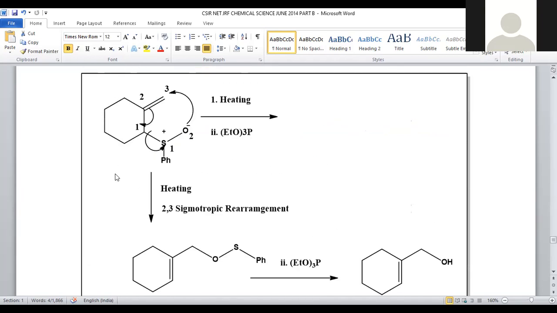For that purpose, we have a detailed mechanism. Here, S+ and O- are both assigned numbers 1 and 2. And the remaining 3 atoms, carbons, are assigned: the first carbon, the olefinic double bond second, and this carbon the third number. So these 3 carbons and these 2 atoms are participating in the sigmatropic rearrangement. Sigmatropic rearrangement is nothing but already existing bonds getting cleaved and a new bond originating in between